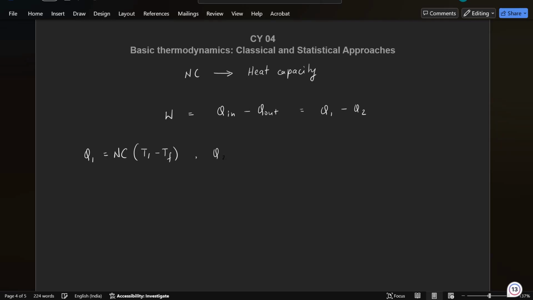Similarly, Q2 is going to be equal to NC, heat capacity, into the final temperature, sorry, T2 minus T1, sorry, TF minus T2. Final temperature, again here it is TF minus T2, correct? So what do we have? We just have to find the W. We can write it as,